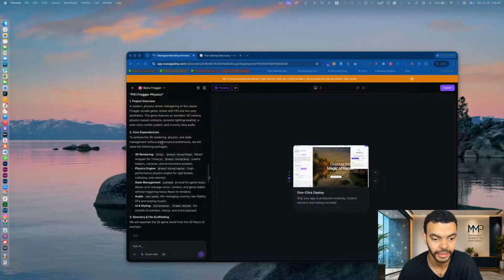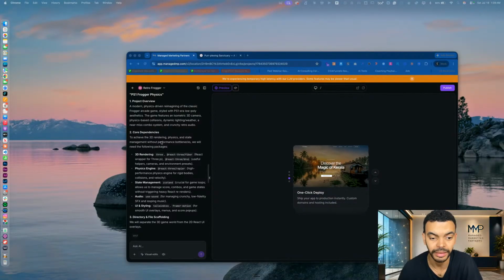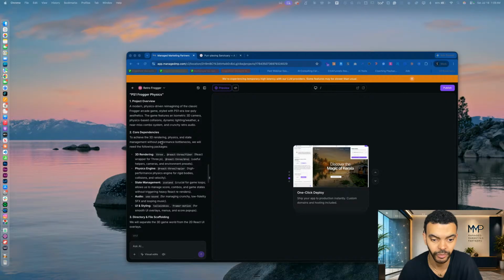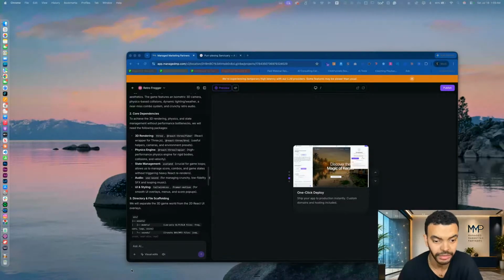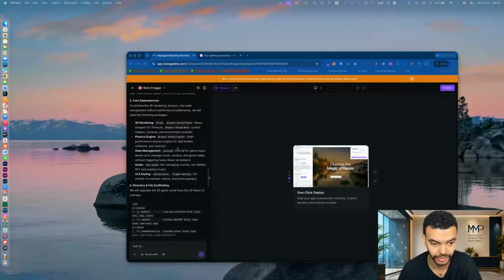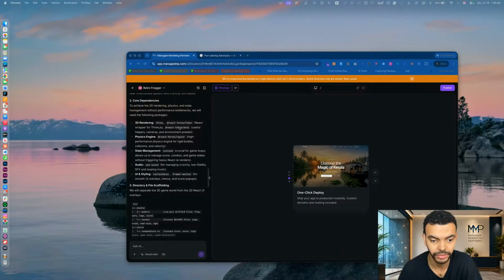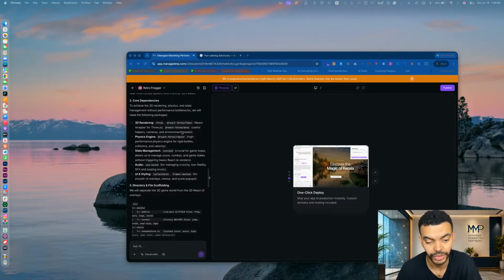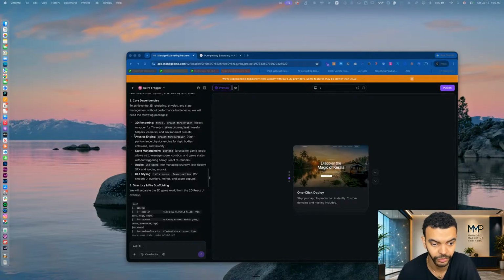The game features an isometric 3D camera, physics-based collisions, dynamic lighting and weather, and a near-miss combo system in crunchy retro audio. Core dependencies. To achieve the 3D rendering, physics, and state management without performance bottlenecks, we will need the following packages. 3D rendering: Three.js, so React Three Fiber, a React wrapper for Three.js, and React Three Drei, with useful helpful cameras and